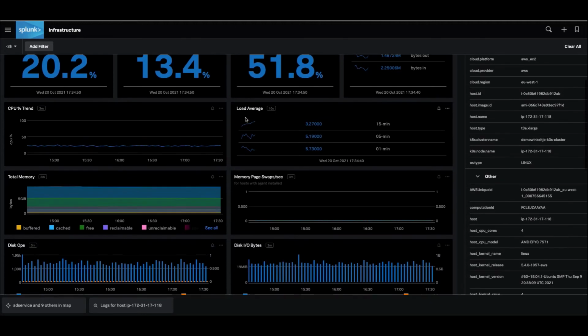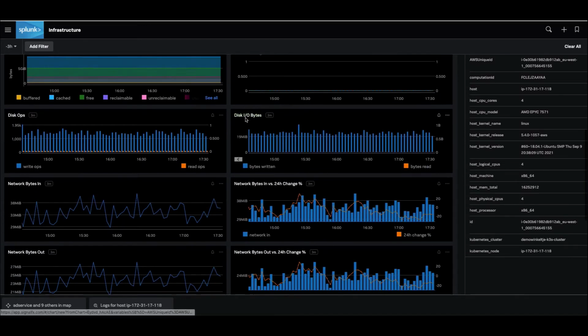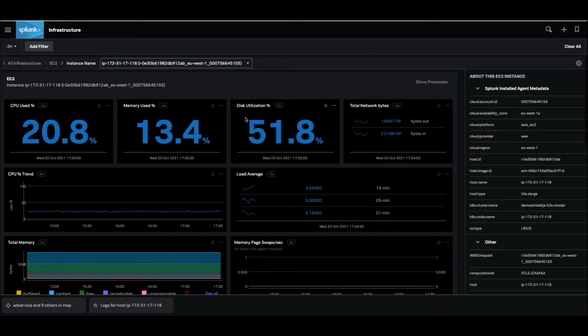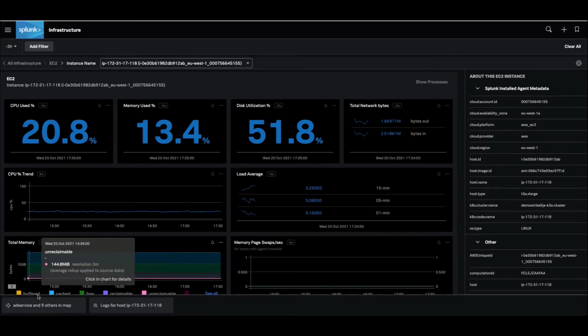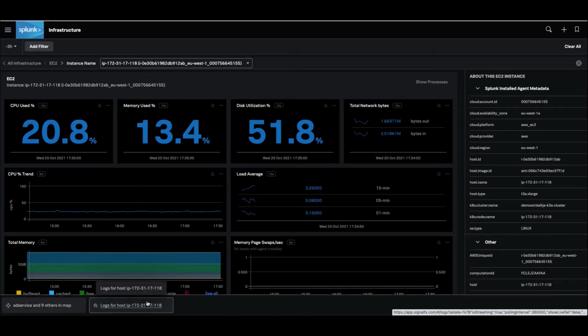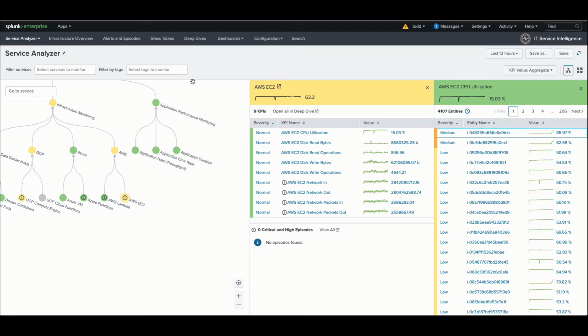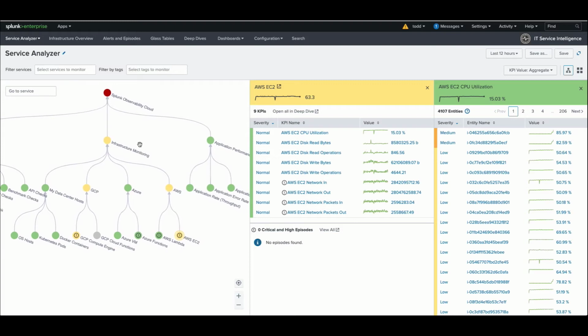As you would scroll down, we can see a lot of additional details. Again, this is from the Splunk Observability Cloud infrastructure monitoring. There are other references down here that we could click on if you wanted to pull up additional related information and data associated with that. So we will go ahead and again go back here to our Service Analyzer tree view,